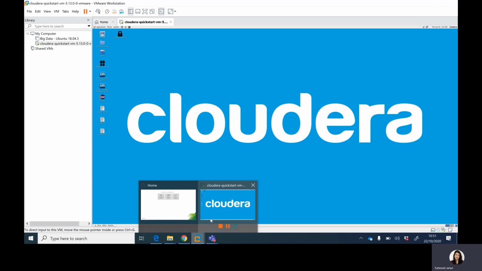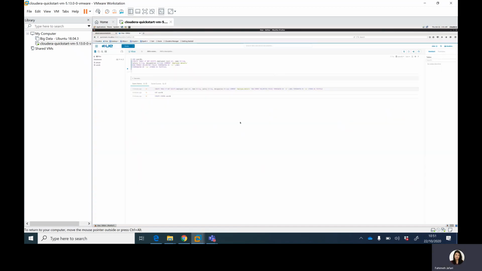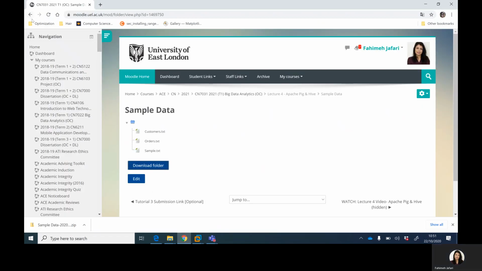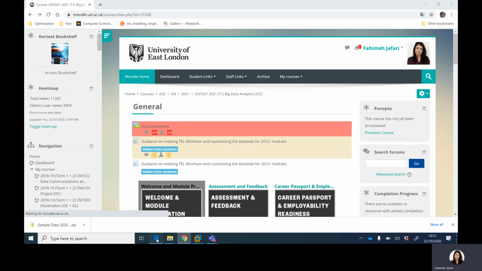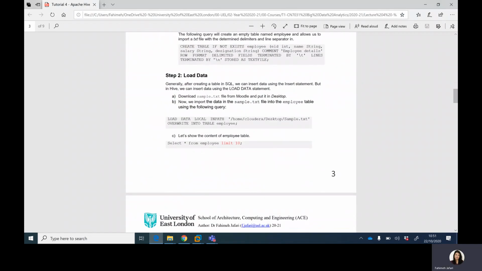Now we will go back to the tutorial again. Okay, I can use this one. So download sample text file from Moodle and put it in desktop. We did it. Now we want to load data from sample text